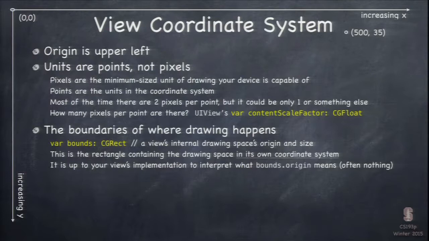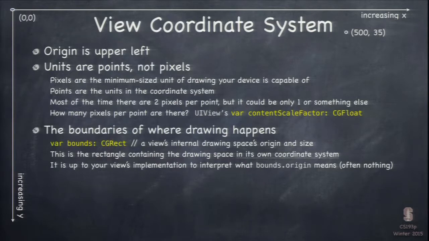So what about the boundaries of where drawing happens? You've got this rectangular area. Well, there's a very important property called bounds, which is a CGRect, which describes the area you're drawing in, in your own coordinate system. Okay? It's important that it's in your own coordinate system because these views can be scaled and even rotated and translated to other coordinate systems, but when you're using the bounds and you're drawing yourself, you have this rectangle, you know